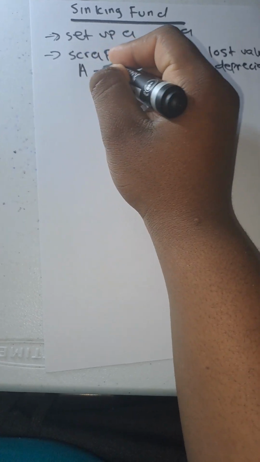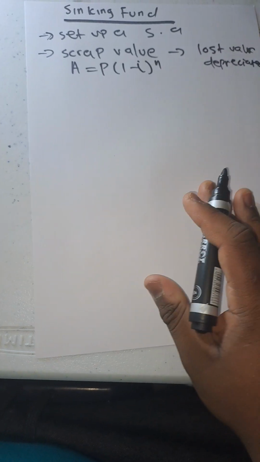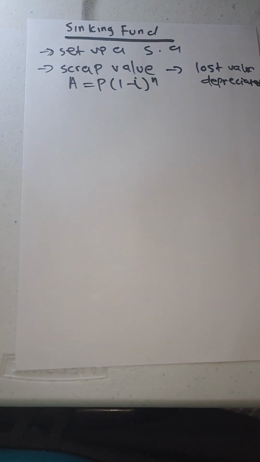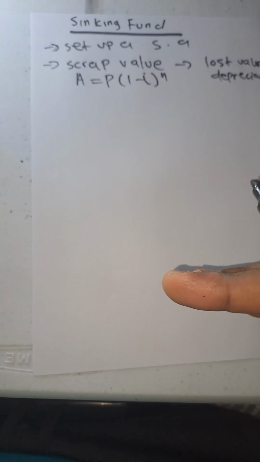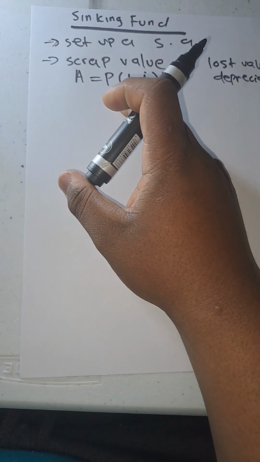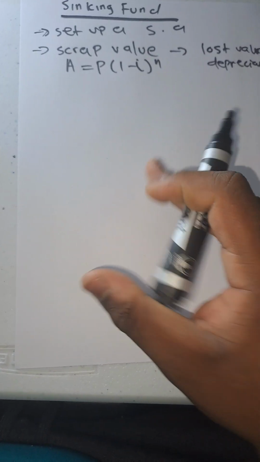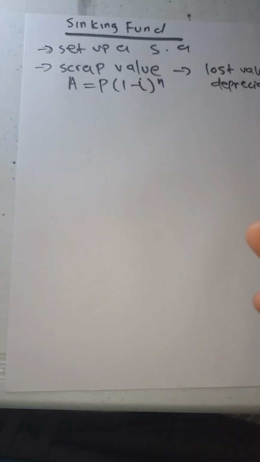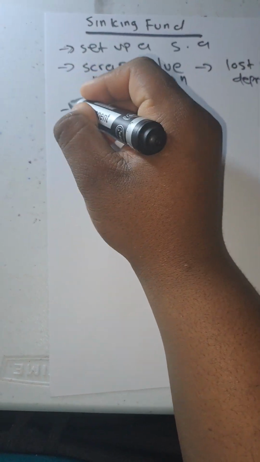You understand? So now, this is the formula for scrap value. You know it from grade 11: 1 minus i to the power of n. And the new equipment will cost more than the amount they bought the old one for. I will make an example and outline this thing for you. The current item that they bought may be 200,000. And when they want to buy a new one after certain years, a brand new one will be more than 200,000. So the new equipment